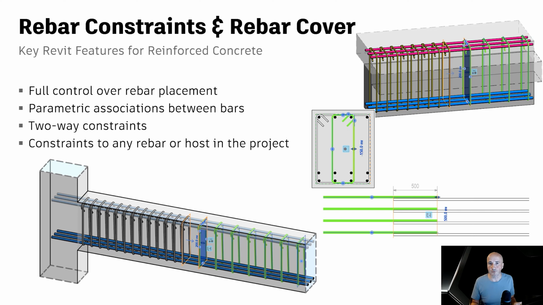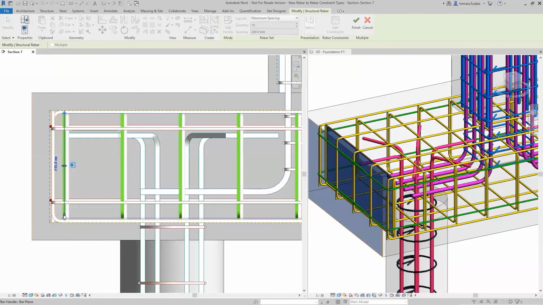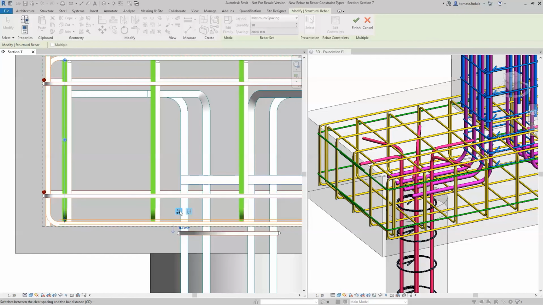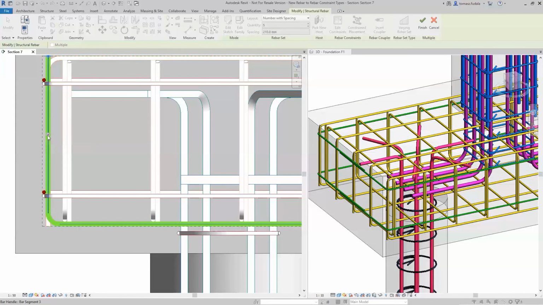To better manage accurate rebar placement distances from a concrete cover, from a face or between rebars, we have rebar constraints in Revit. Rebar constraints are part of an internal mechanism used to set and lock the geometry of each rebar instance with respect to its concrete host element or other rebars. Once the rebar's geometry is set, Revit automatically assigns constraints to the rebar so that it moves and flexes appropriately in response to changes that occur in the model.